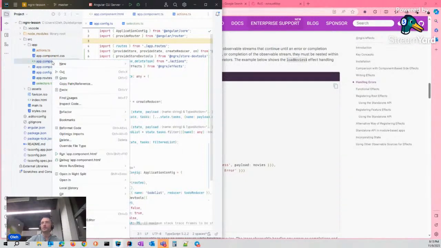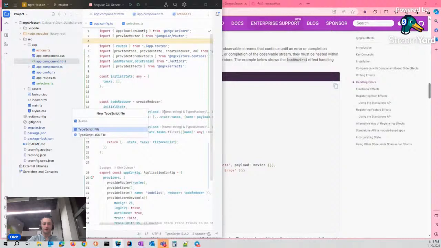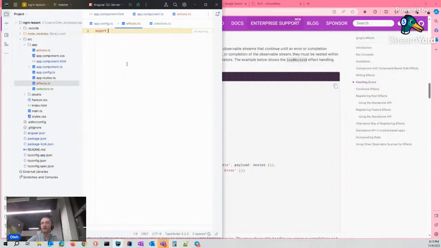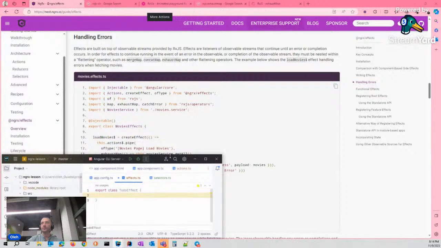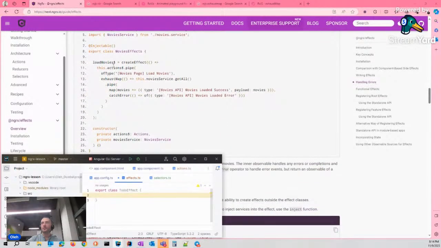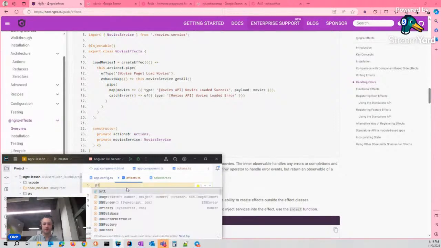Oops, sorry. New file, effect, some name. Export class, do effects. Let's follow the documentation example. Injectable, because that's a service.